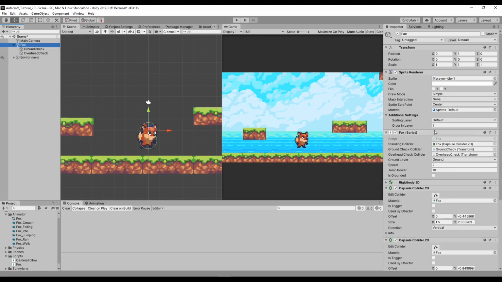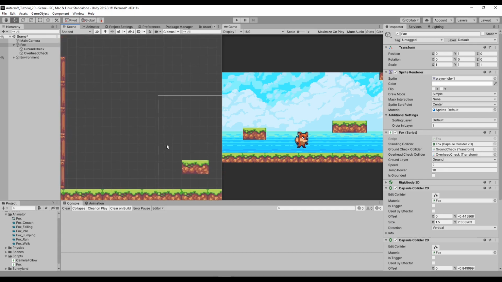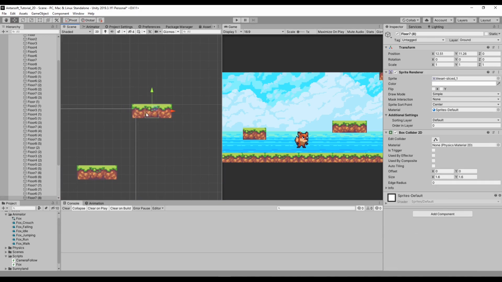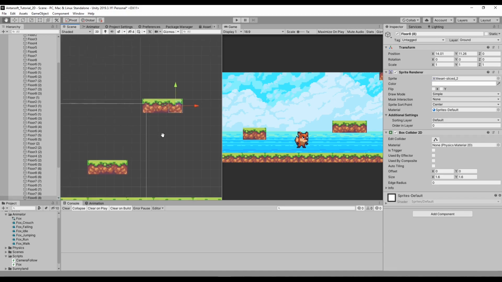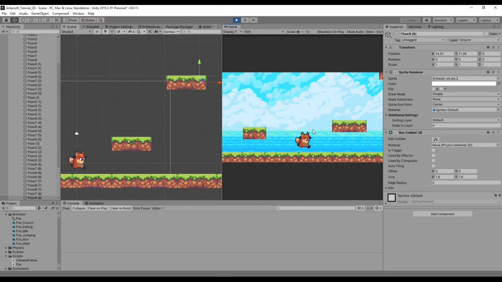So we have our character controller in here called Fox. Before jumping into the script, I want to show the small change that's been done here. I've added another platform in here. It's way too high. And what I mean by this is I can't reach it with a normal jump. And this is going to be used for